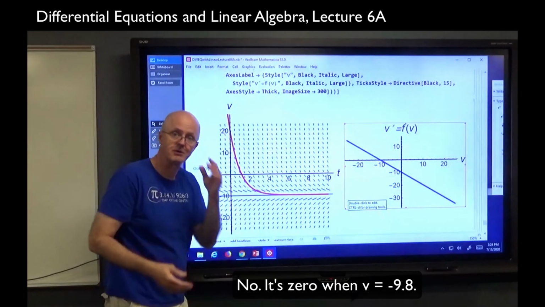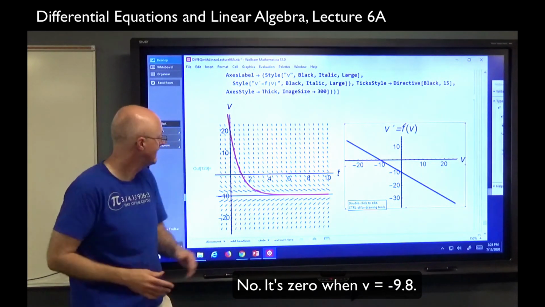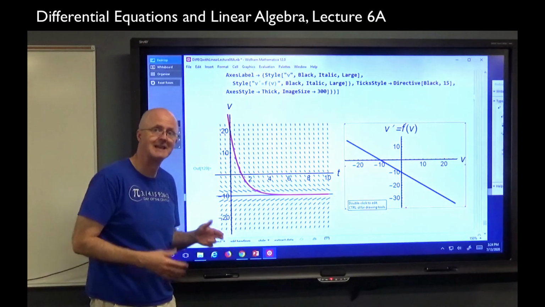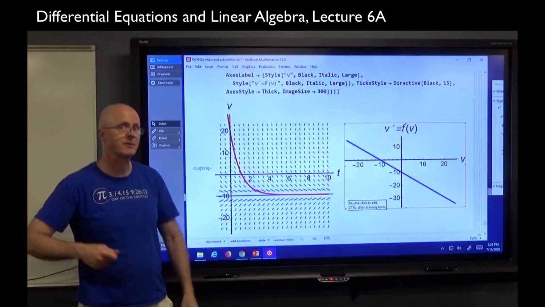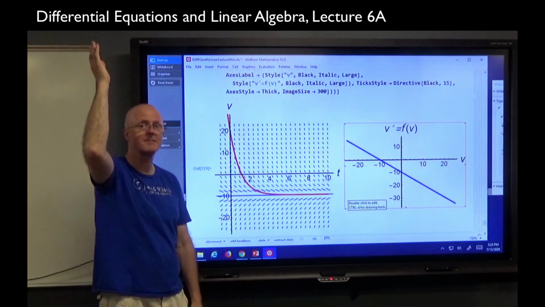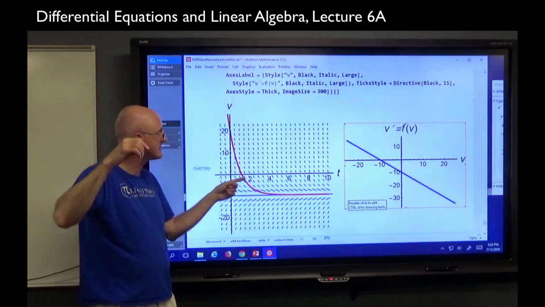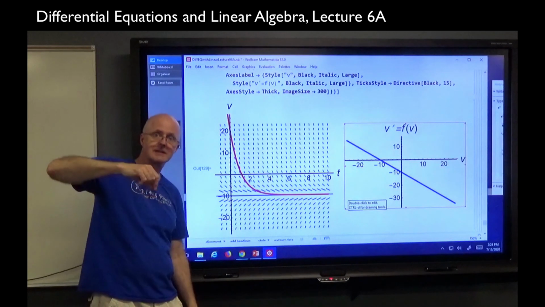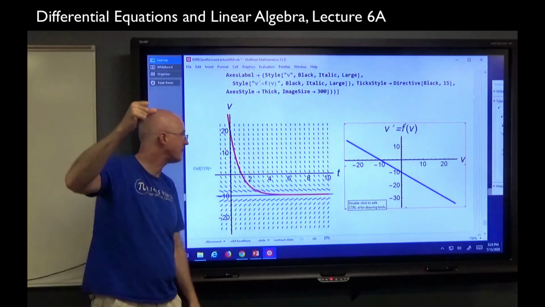That, in fact, is the terminal velocity, and this is the main mathematical point I want to make. It's also a physical point. Negative 9.8 is the terminal velocity for this model in this situation. It's predicting that if you throw this object up with an initial velocity of 20 meters per second, the velocity starts out positive but becomes negative. What that's telling you is the object is going upwards, positive velocity,